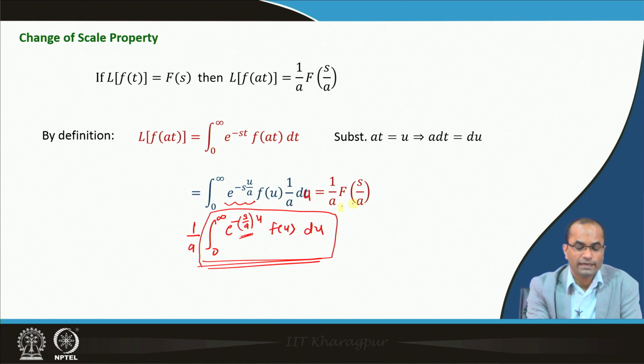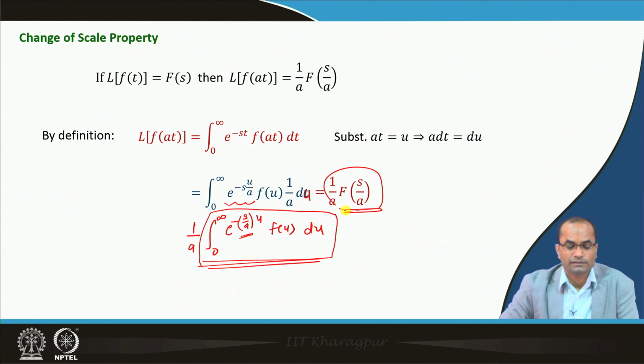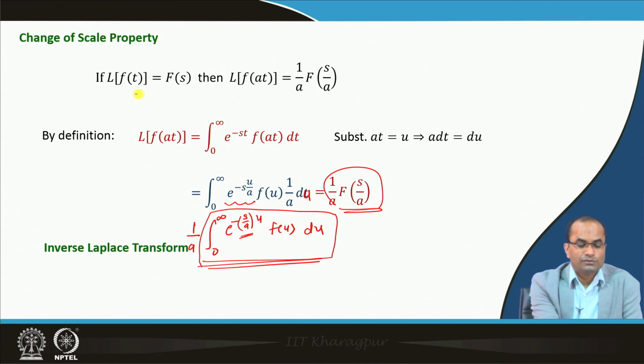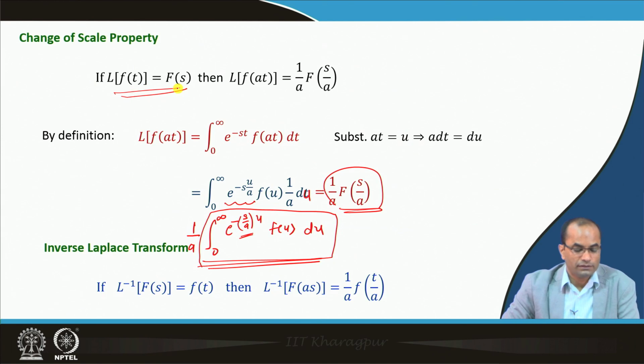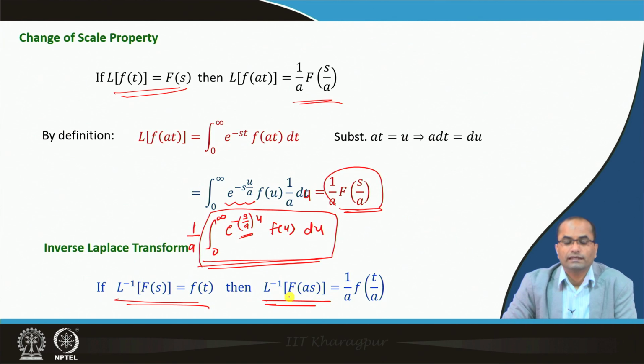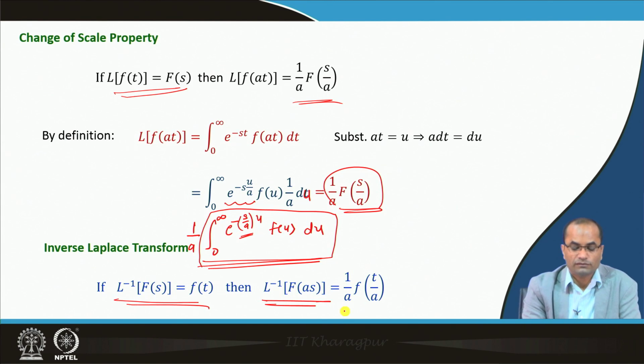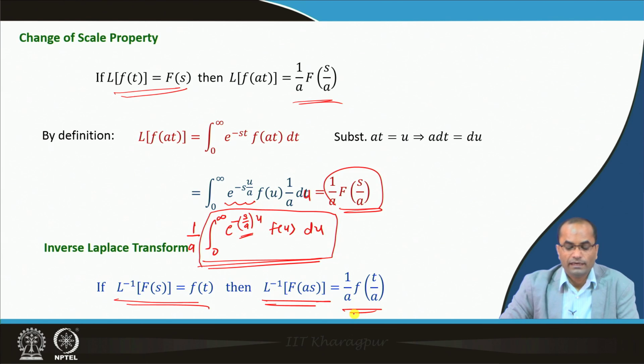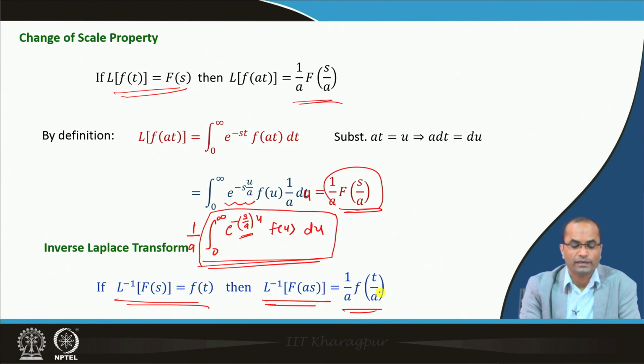So, here 1 over a F(s minus a) is coming as a result. Looking at the counterpart for the inverse Laplace transform, we have a similar result: if L inverse of F(s) is f(t), then L inverse of F(a s) will be 1 over a and f(t over a), because if we set 1 over a as b,